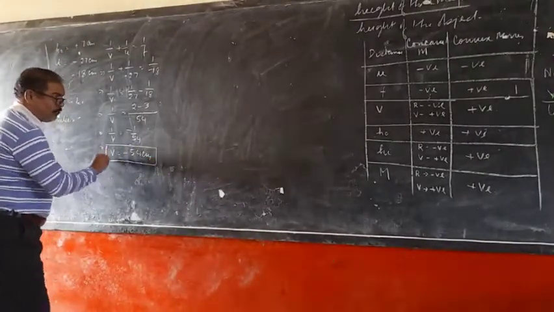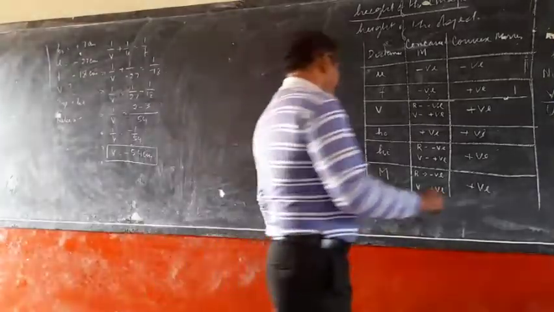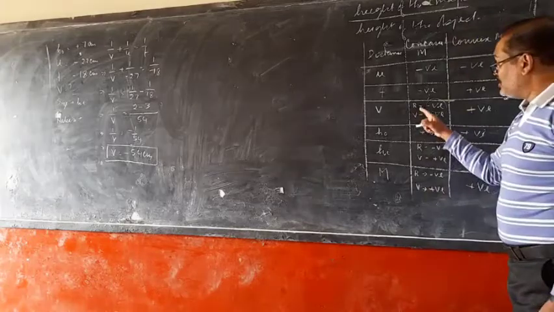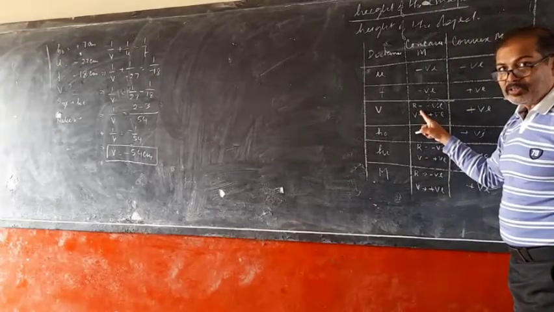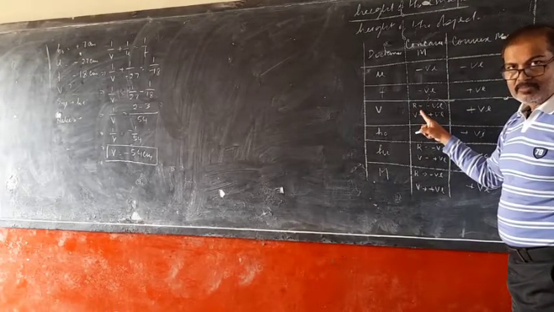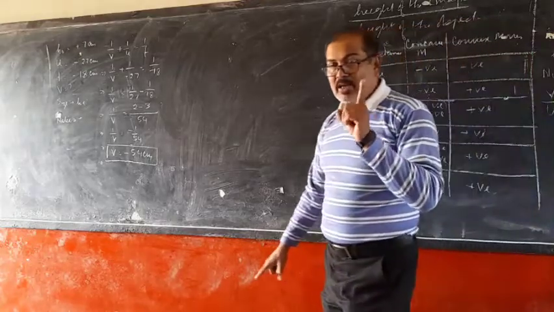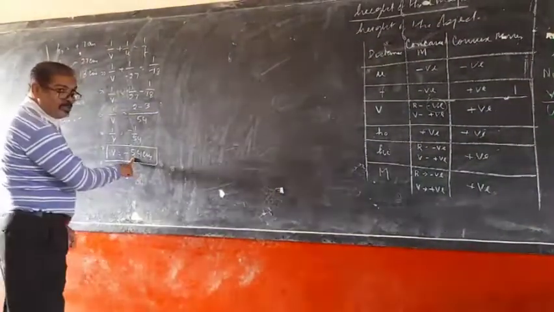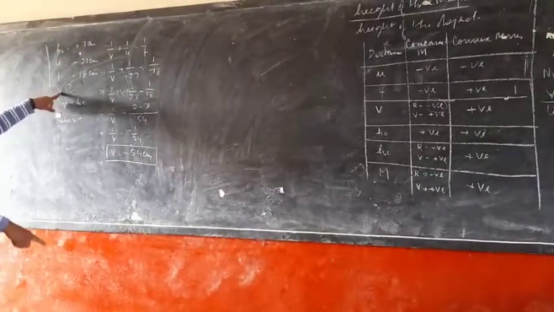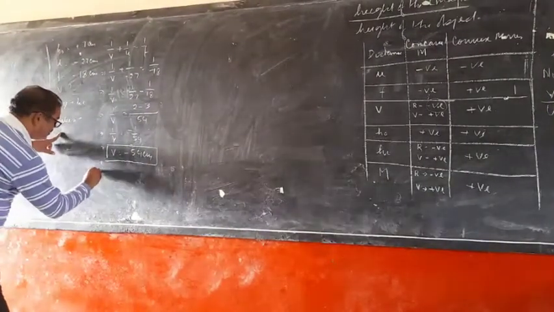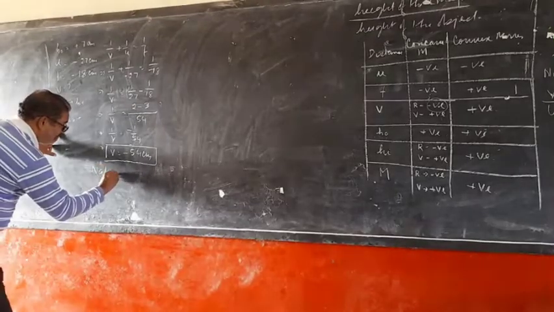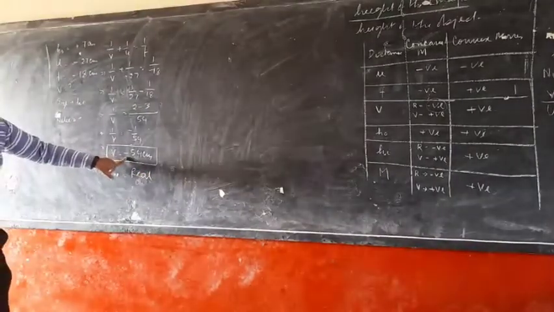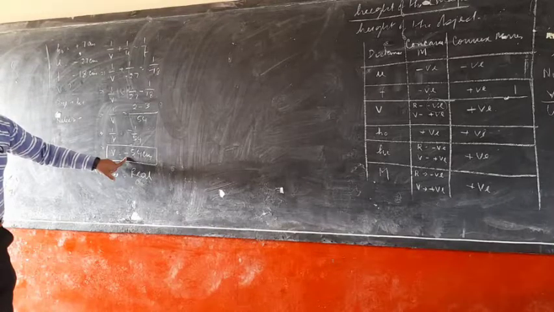Okay. Now from this chart, when V is negative, what is the nature of image? Real. And the same thing we have discussed in the beginning. This is the image distance, the first thing we have found. Now what is the nature of image? Nature is real. Why is nature real? Because sign is negative.